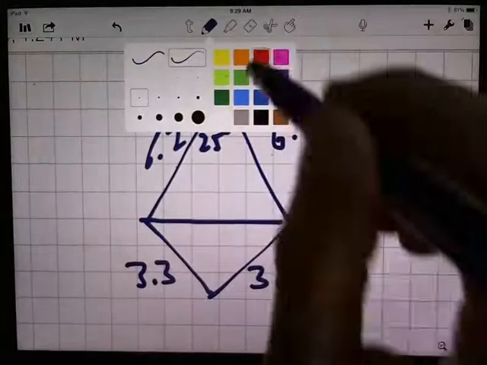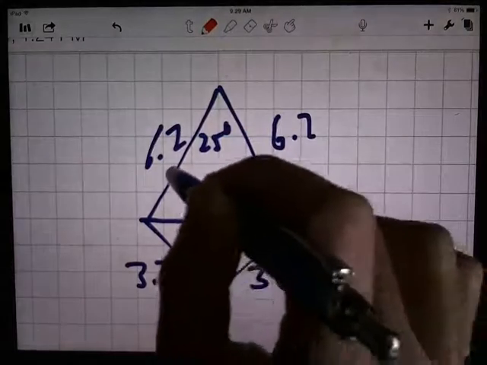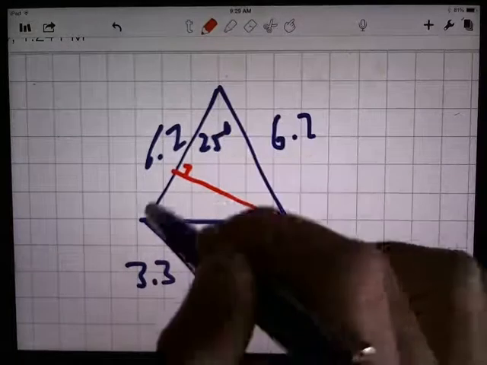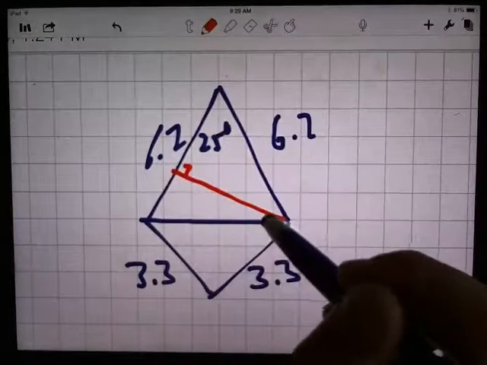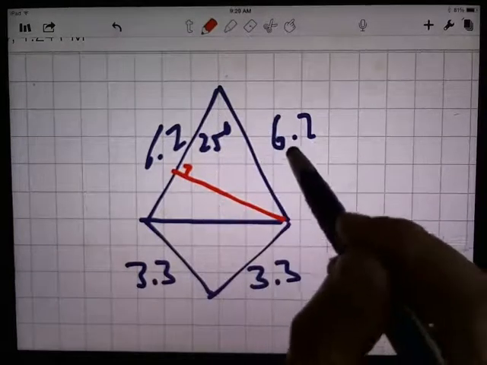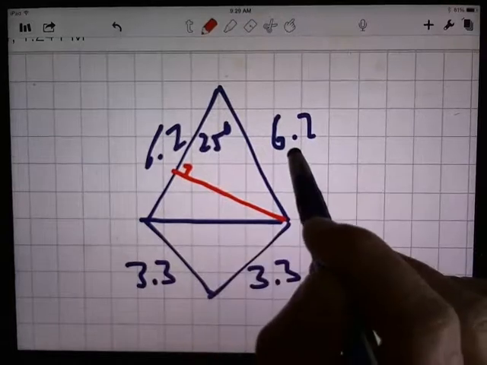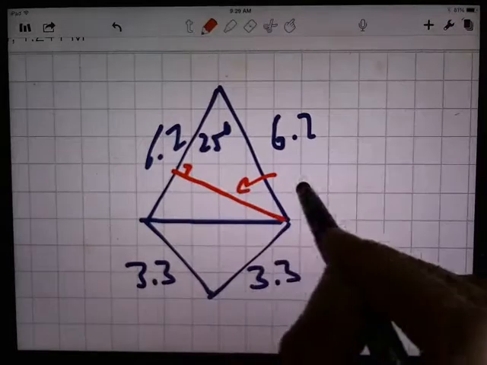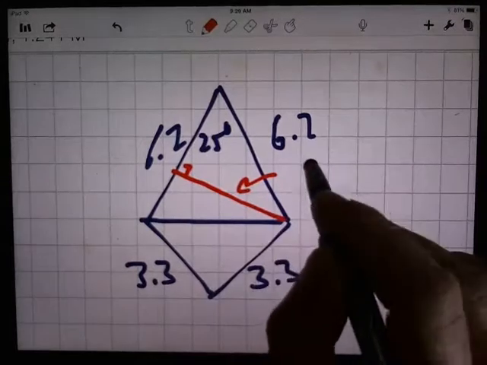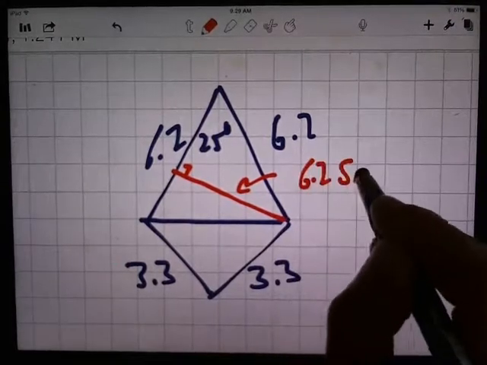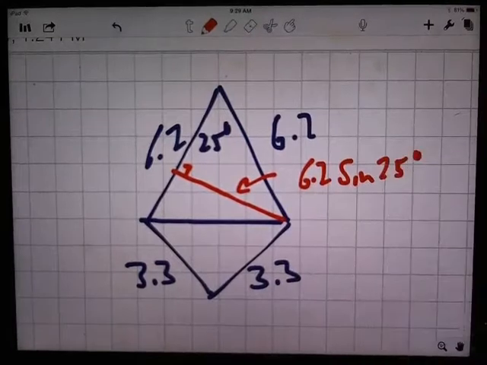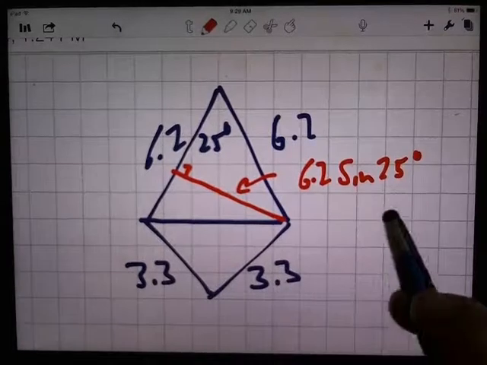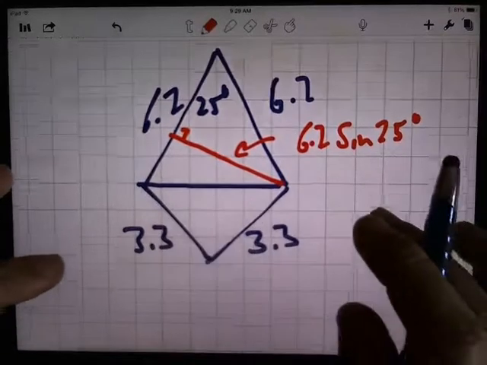If I drop a perpendicular from here to there, I can think of the area of that triangle as 1/2 the base times this height. Well, this height is in a right triangle now with that 6.2 side length for the hypotenuse and a 25-degree angle right there. So that red side has length 6.2 times the sine of 25 degrees. Right? And so the area of that triangle,